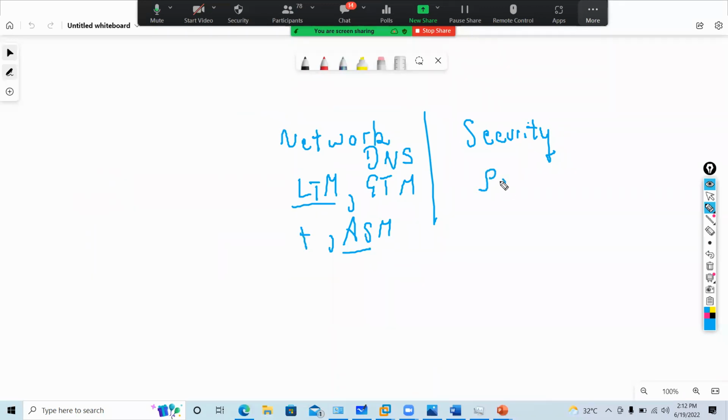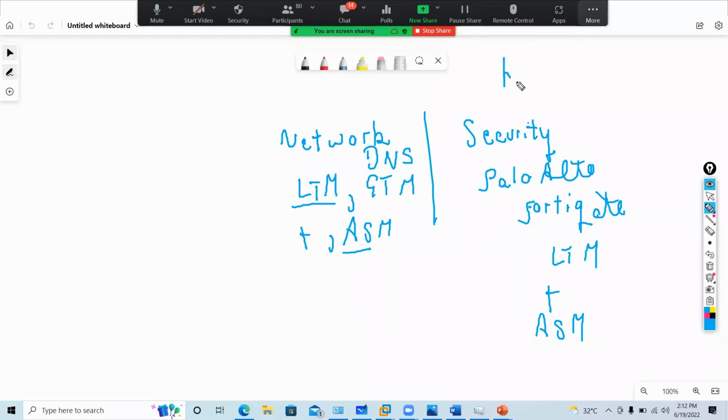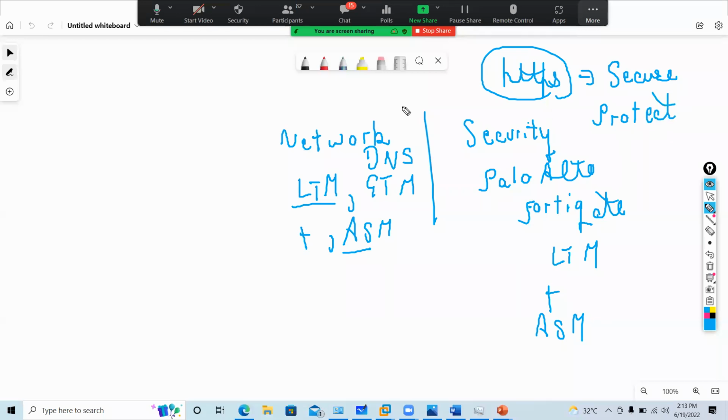If you're good in Palo Alto, if you're good in FortiGate, and if you know LTM, you should have knowledge of ASM. Right now, every company is using HTTPS based applications, but you need to secure and protect them. You should know how attacks are performed on web applications and how ASM will protect your application.